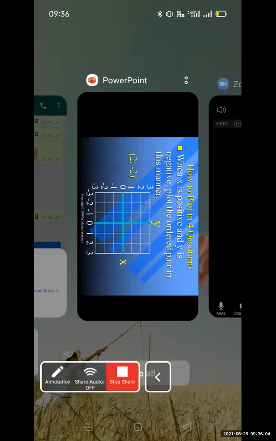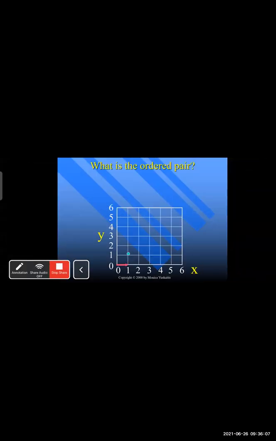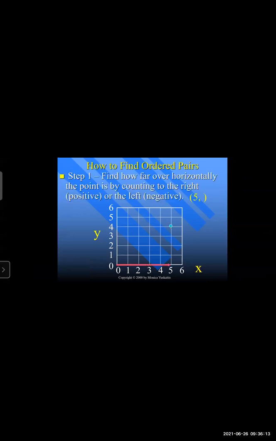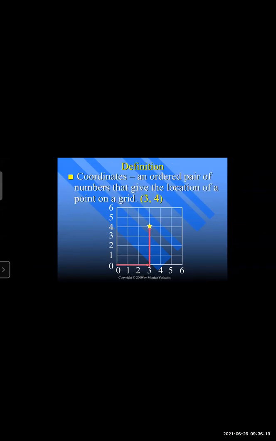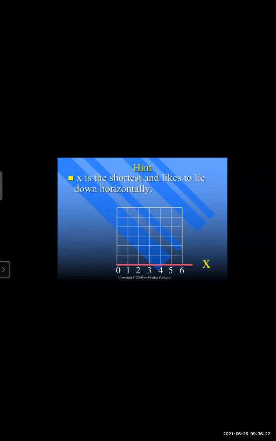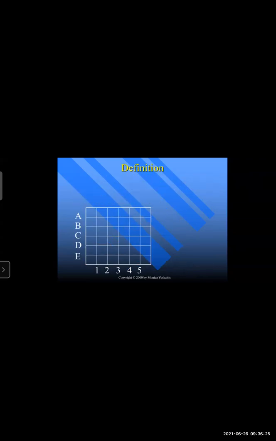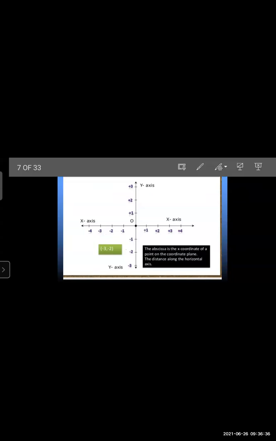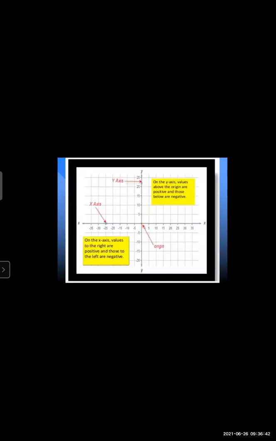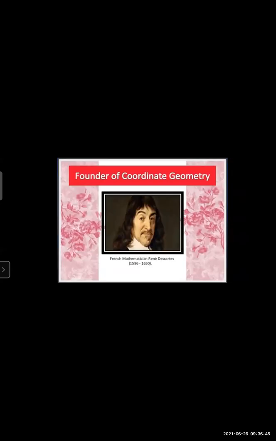So students, again we revise one thing here. It's simple, okay? You remember only these things, how to plot points on a grid. Wait a minute. Okay, so these are the coordinates. See, the y coordinate of a point on the coordinate plane is called the ordinate, and abscissa is the x coordinate. So for (-3, -2), -3 is our abscissa and -2 is the ordinate. Okay, so this chapter is simple.